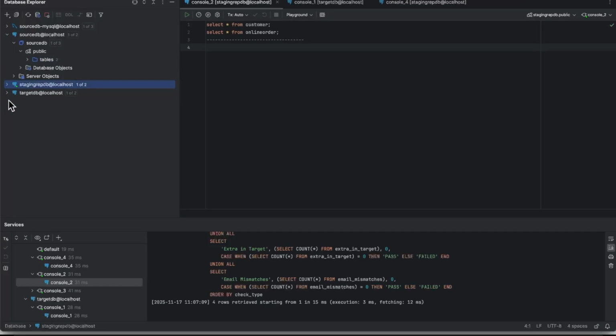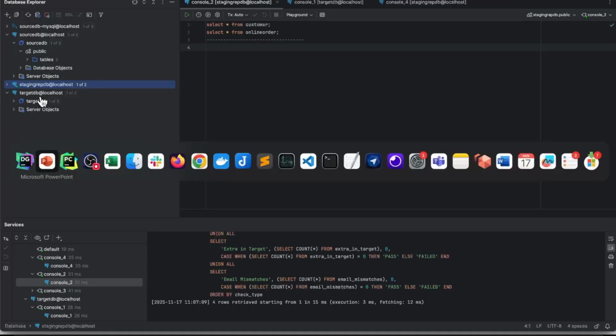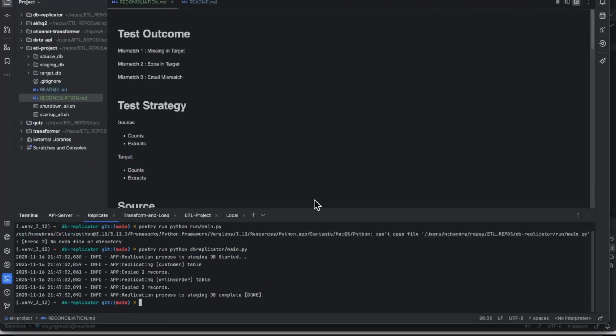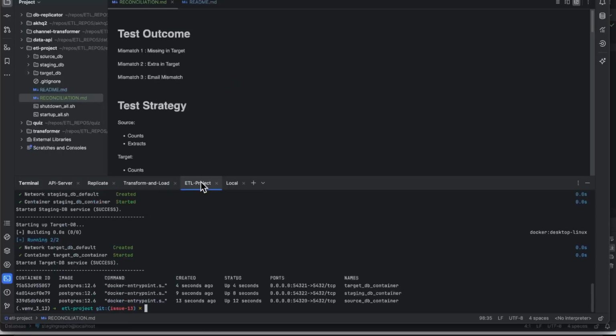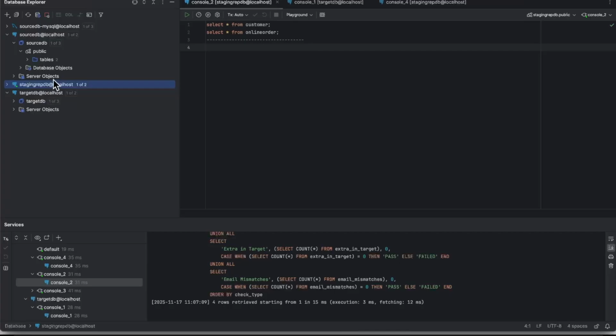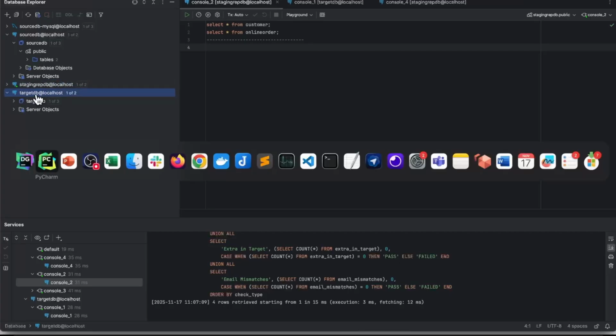Then we ran the reconciliation process here. So there are various tabs here. You see our EPA server is running, replication process running, transform and load process running, and finally we run the final stage where it brings everything transformed to the target database. As you remember, we